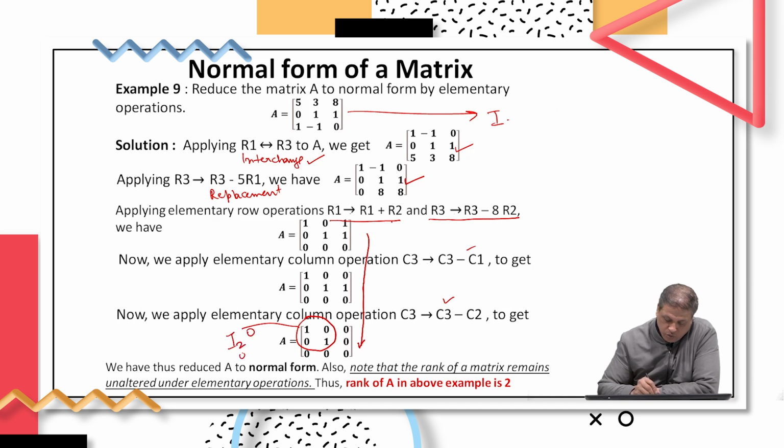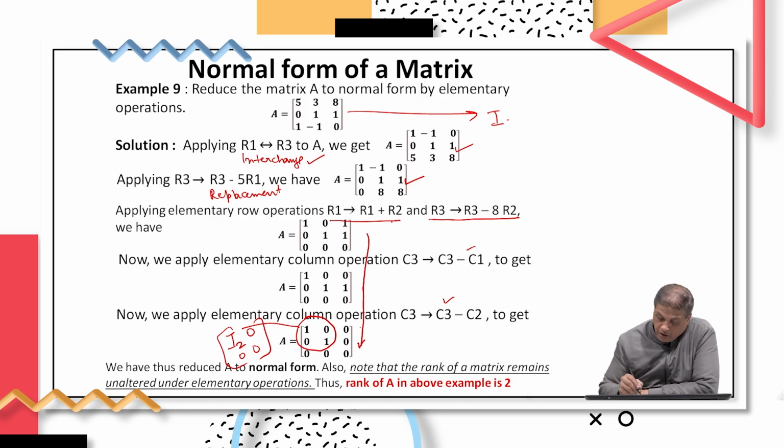So, this is [I2 0; 0 0], and this is nothing but the normal form. We already learned how to transform a matrix into an identity matrix by elementary row operations, and over here we are getting a submatrix whose value is an identity matrix, and this form of representation is nothing but